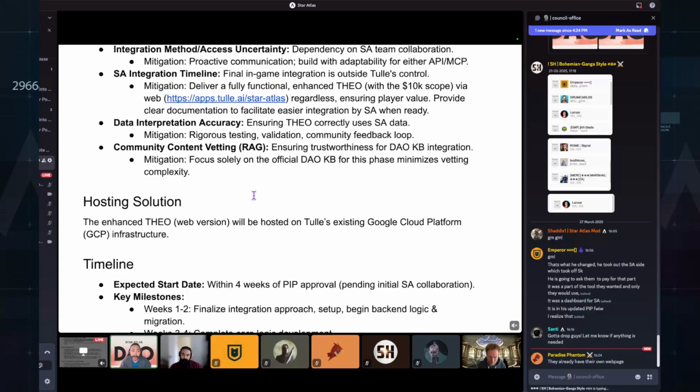Yeah, I mean, this is a given, I think, with any project, that it makes sure that it works. Fine. But okay, that's another challenge they see. And the last point is community content vetting,